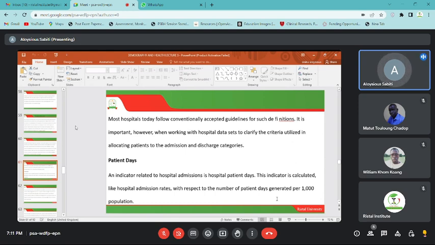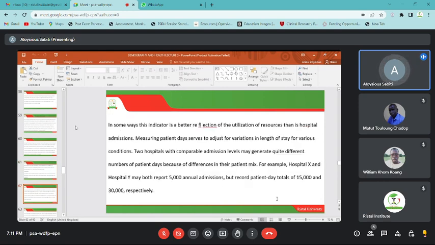So you would be able to understand how many days your patients spend in the hospital in a particular month or period. In some ways, this indicator is a better reflection of utilization of resources than hospital admissions. So measuring patient days serves to adjust for variations in the length of stay for various conditions. Two hospitals with comparable admission levels may generate quite different numbers of patient days because of differences in their patient